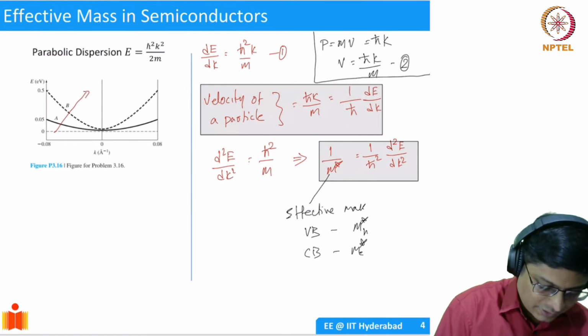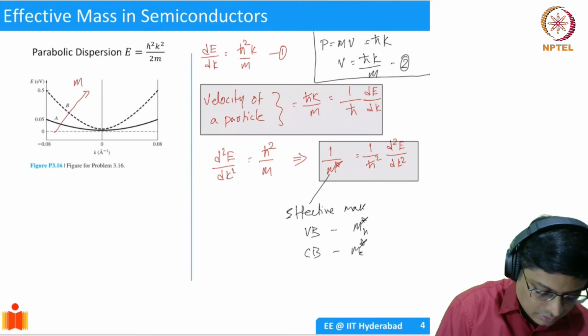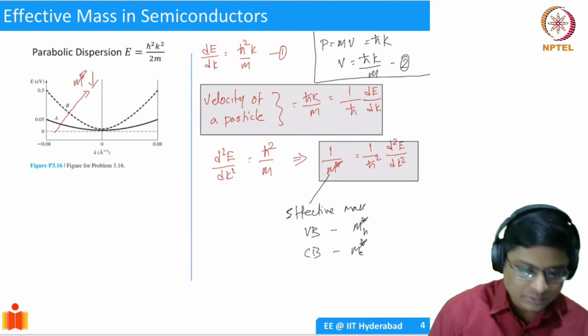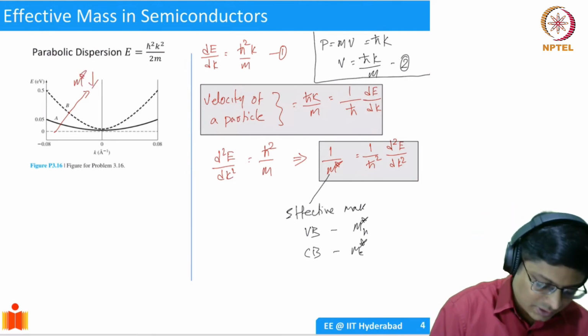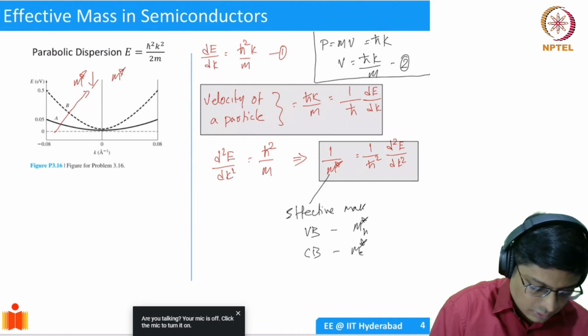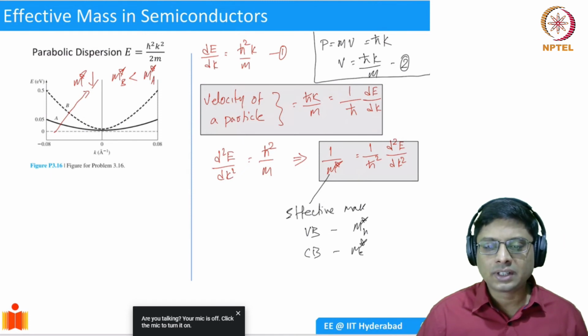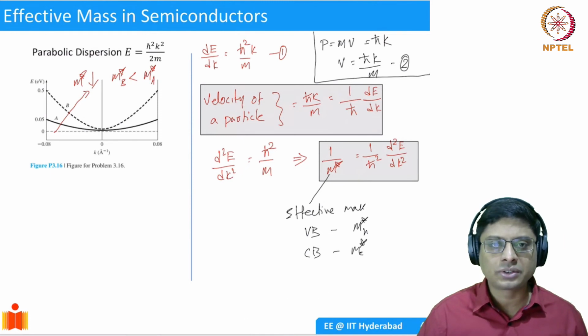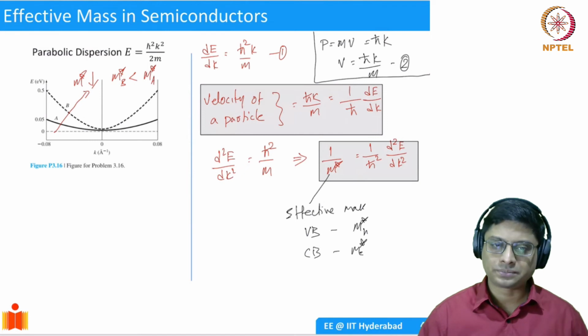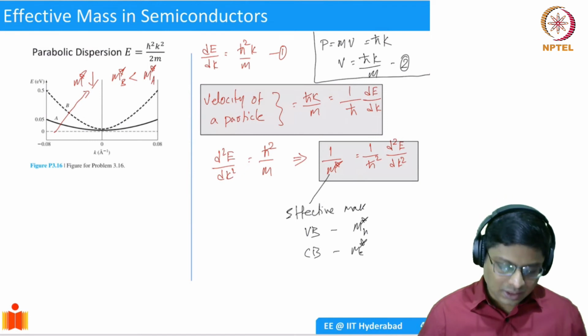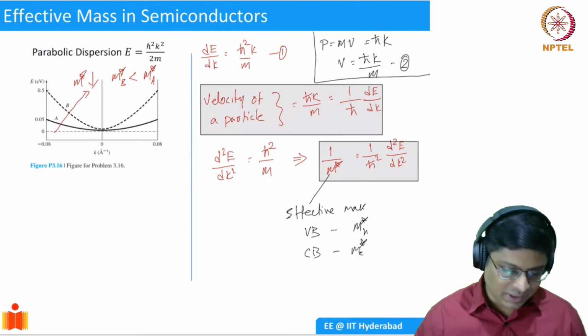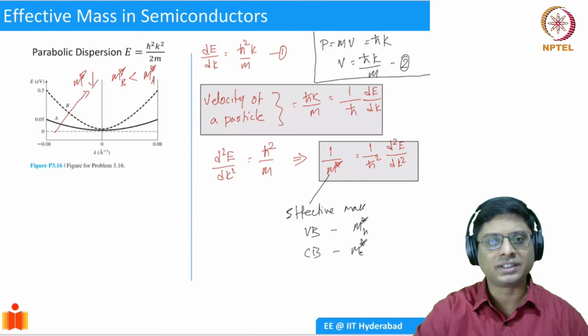So effective mass m star should reduce, right? So basically, in other words, m star of B should be less than m star of A. The reason we can say that is B has more curvature, so lesser effective mass. All right. We can also calculate exactly. This is qualitative; you can immediately see the curvature of the bands and decide this.